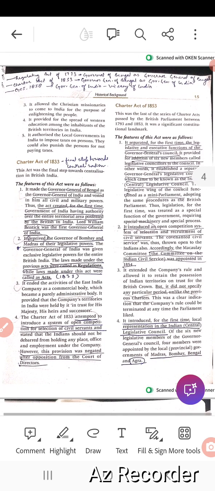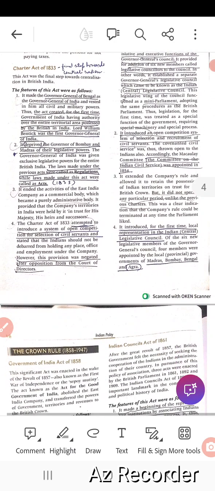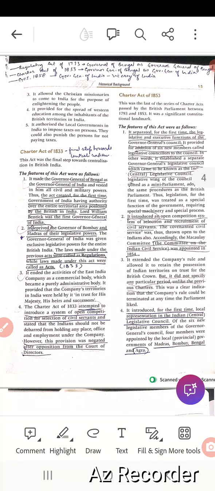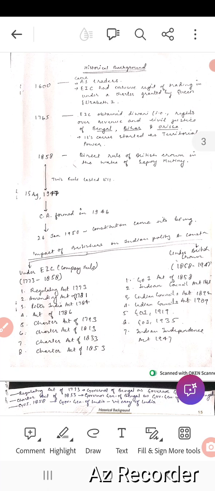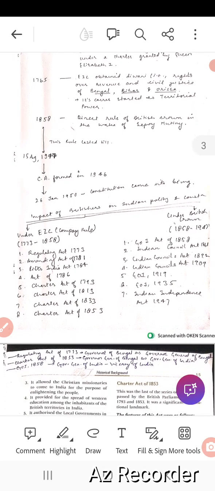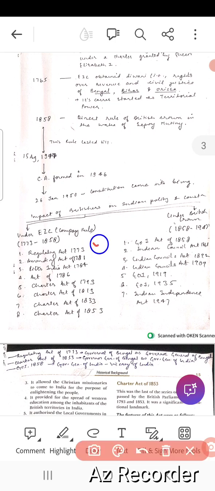Right. Now the next is the Charter Act of 1833. The Charter Act of 1833 and the further Charter Act of 1853 will be covered in another video. With that we'll complete all the rules, all the acts which came under the company rule, that is, between 1773 and 1858. So till now we have completed the Regulating Act 1773, the Amending Act 1781, Pitt's India Act 1784, the Act of